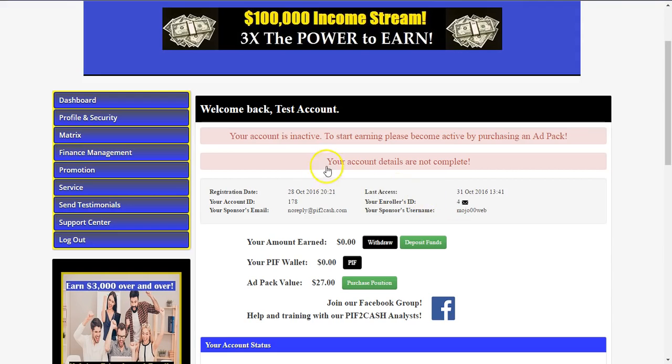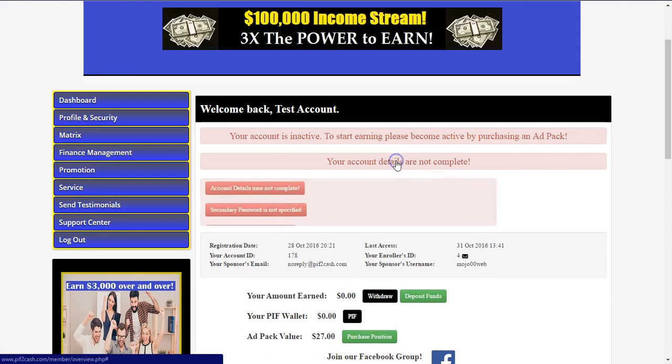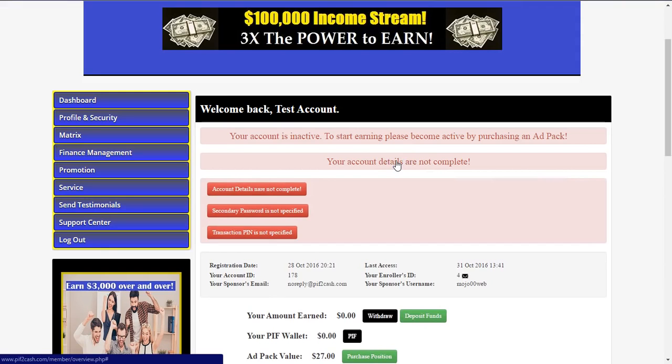Also underneath that, you've got your account details are not complete. This means that you have not completed all your details. Now, if you click this button, you can see what details are not complete in your back office. You've got some basic information, which would be your address is not set up, something to that effect. And if you click that button, it'll take you directly to your account profile, and you can change all that